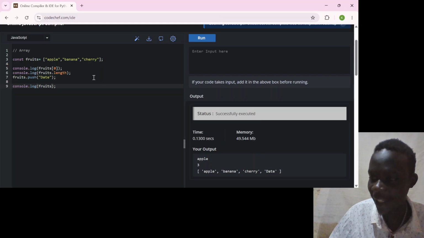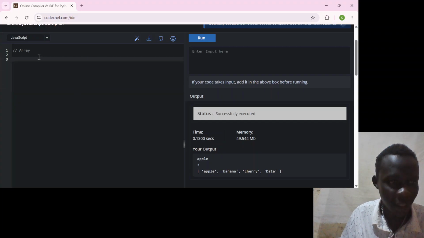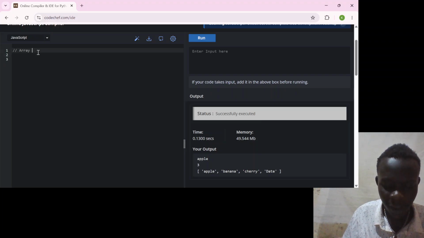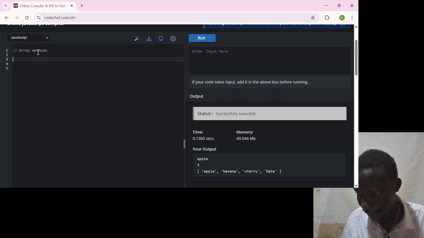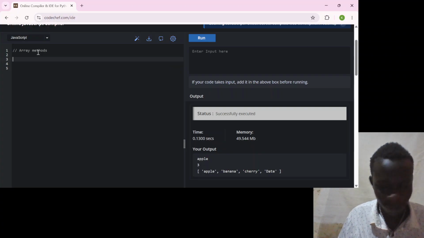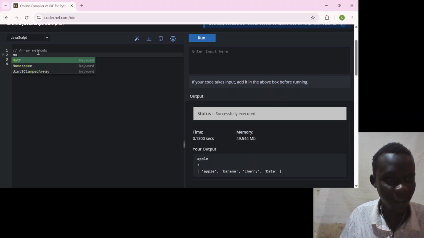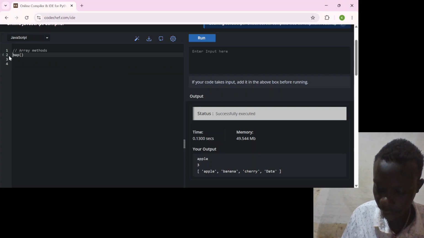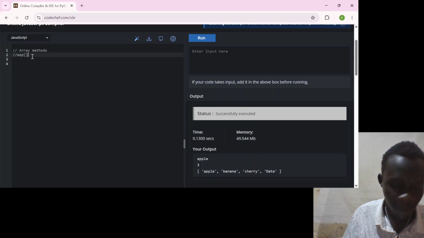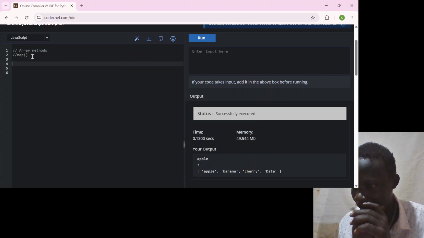That's just a bit of array. Now next, what I want us to look at are array methods, and we said earlier that methods are inbuilt. Now the method that we can discuss here, let's discuss the map method. Now, the map method,